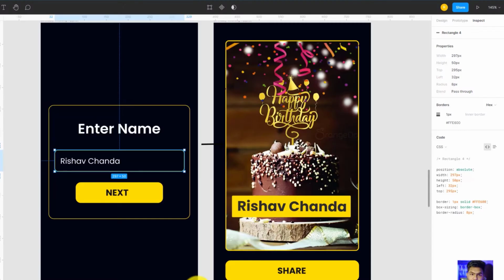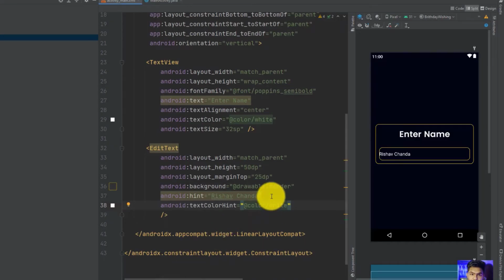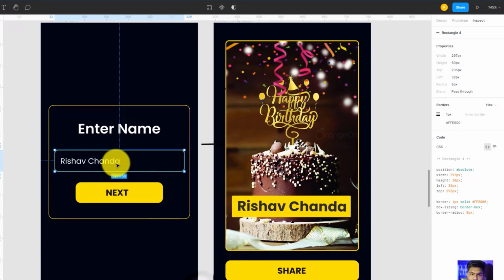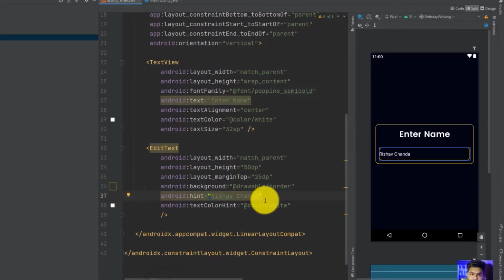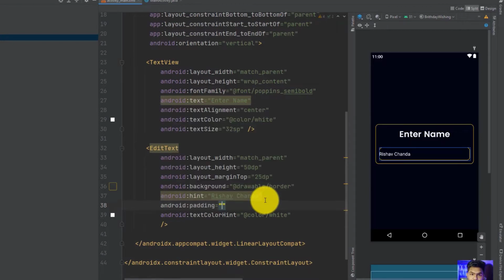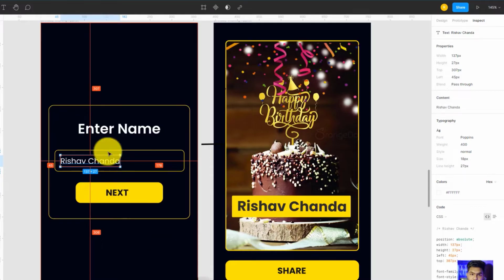But see one thing, there is no padding. We are having a padding at the starting point in the edit text, and after that we are having this name. So for that we will be adding a padding. So let's see first, like what's the padding here. So it is 12 dp. So let me give a padding 12 dp. So now you can see that it has moved a little bit,